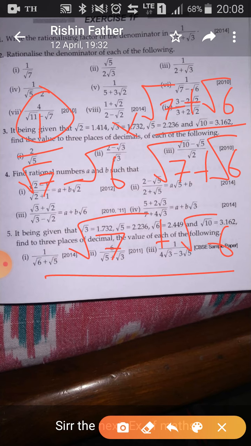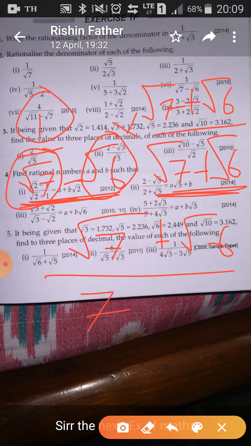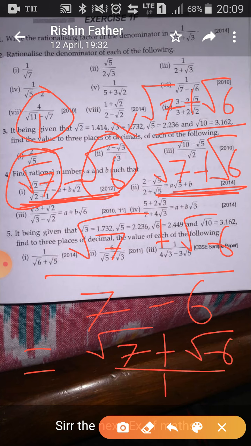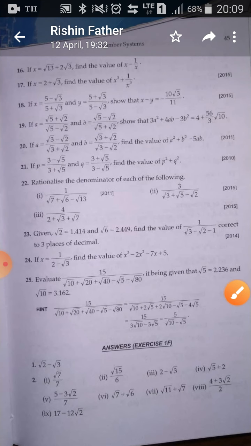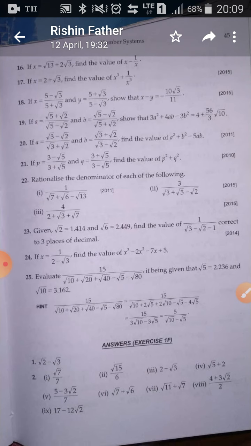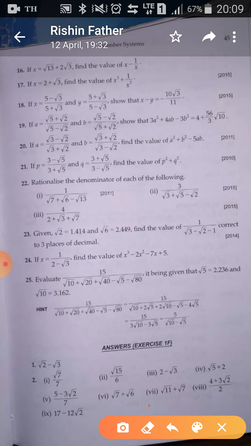Okay, then again in the denominator you have a minus b into a plus b. So again a square minus b square. Yes, so what is your a? A is root 7, so a square will be only 7. B is root 6, so b square will be only 6. So I write 7 minus 6 because it is a square minus b square. So 7 minus 6 is 1. So your final answer will be root 7 plus root 6 by 1. Yes, or only root 7 plus root 6. Let's check the answer then. Yes, only root 7 plus root 6 is the answer, which you can see over here.